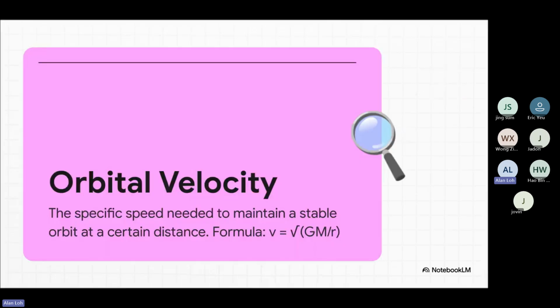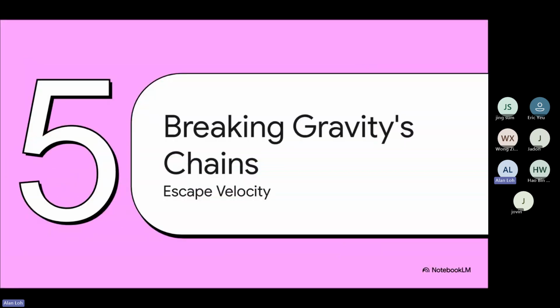Now, this creates an unbelievably delicate balance. For any specific altitude, there is one and only one perfect speed for a satellite in a nice, stable orbit. Go just a little too slow, and you'll spiral back down to Earth. Go a little too fast, and you'll break free from Earth's gravity and fly away forever. But what if flying away forever is exactly what you want to do? I mean, what if you don't want to just orbit? You want to leave for good.